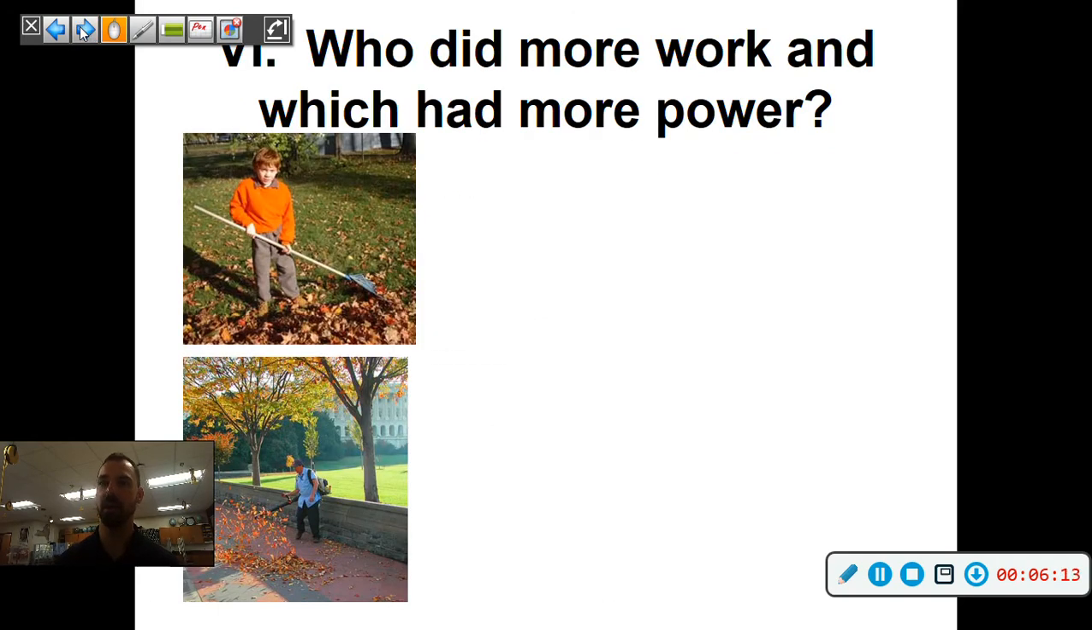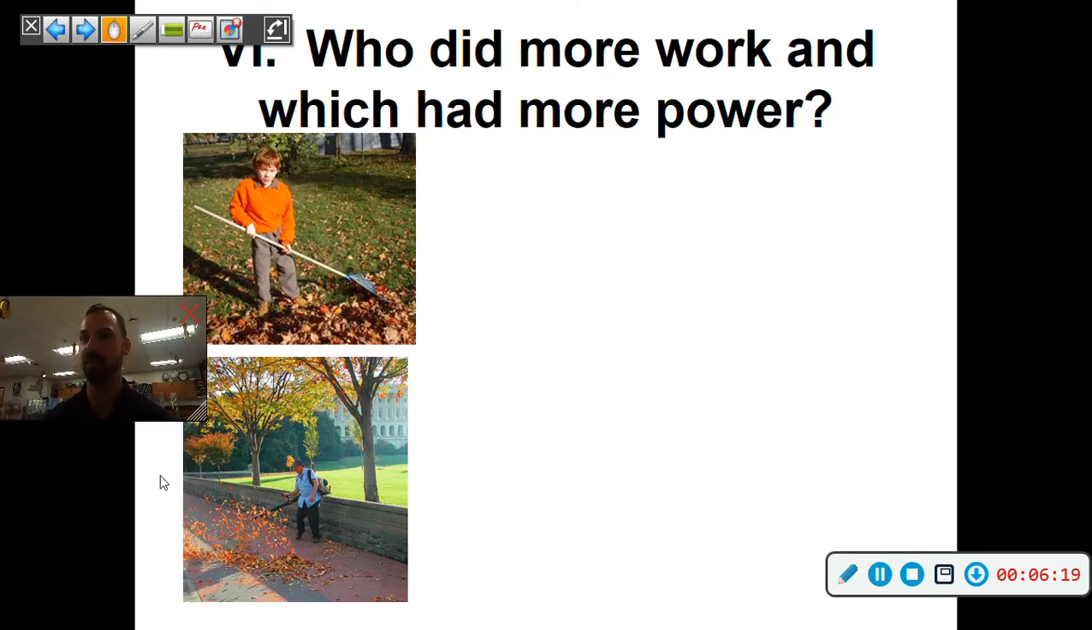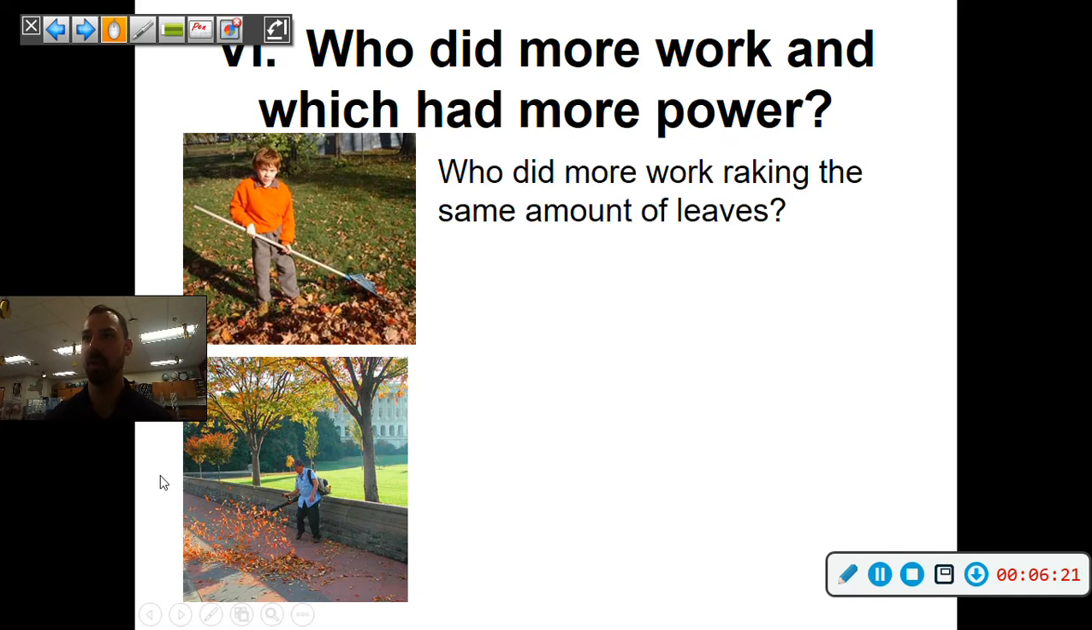Okay, now, an understanding of power. Remember I told you power was looked at with machinery to see if it's effective at doing work. So who did more work raking the same amount of leaves, the little boy there, or the guy with the leaf blower? Well, the answer is they're doing the same amount of work, if they have the same amount of leaves. The major difference though, leaf blower versus rake,